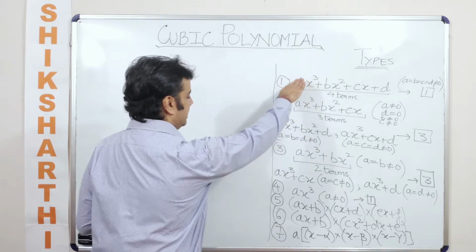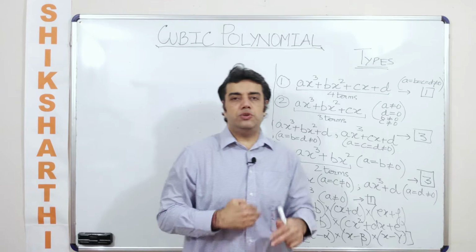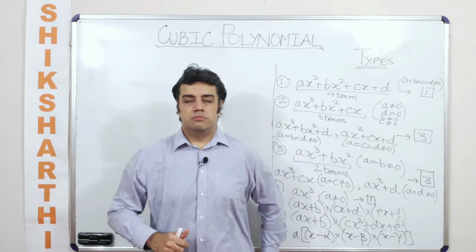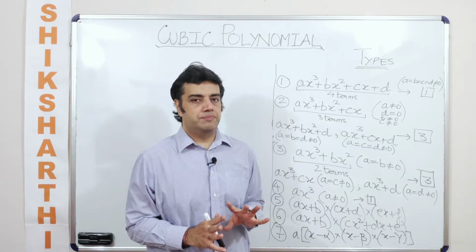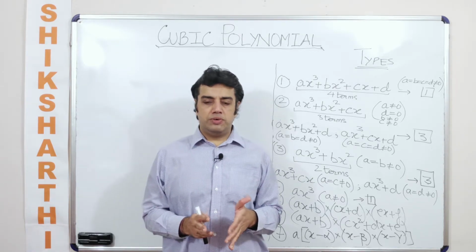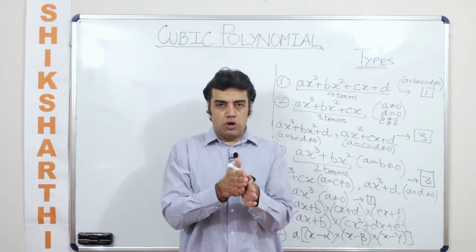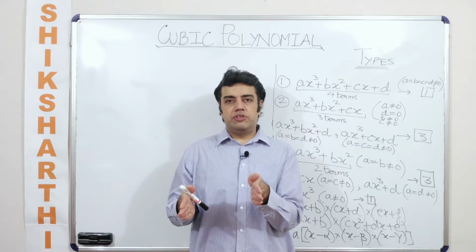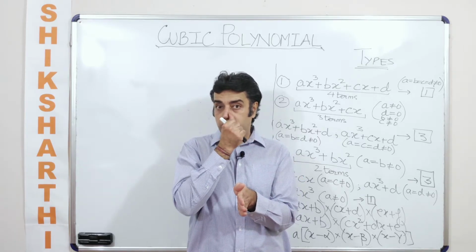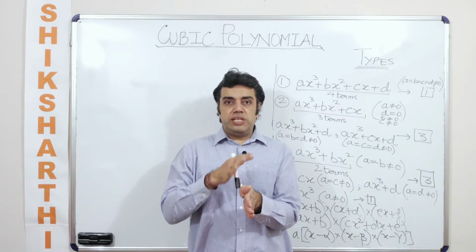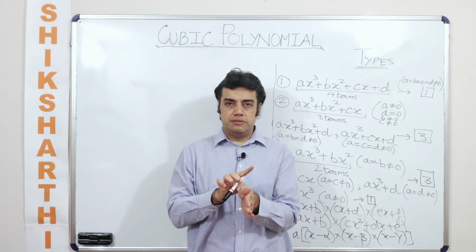So the moment we say any cubic expression, if I equate it to 0, this is how a cubic equation is formed? No, this is not the only way. How can I form a cubic equation? An equation has an equal to sign in between. On one side, I can have a cubic polynomial. On the other side also, I can have a cubic polynomial, such that the cubic polynomial should not get eliminated,